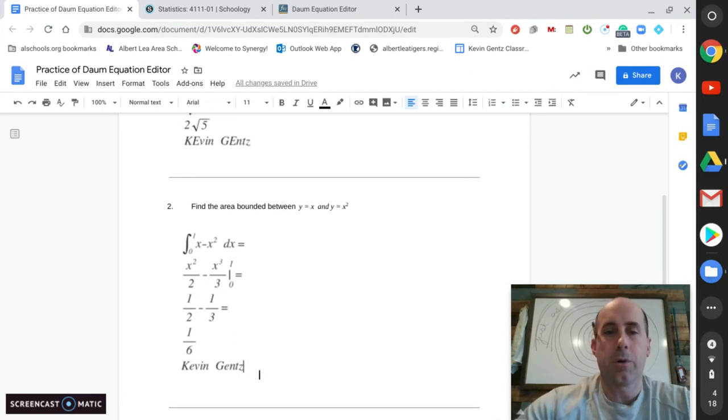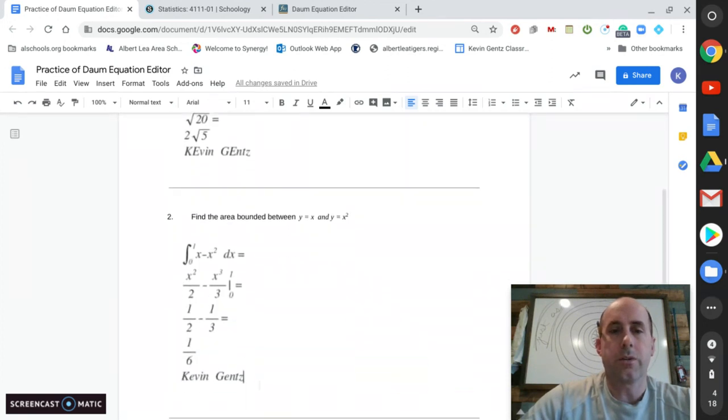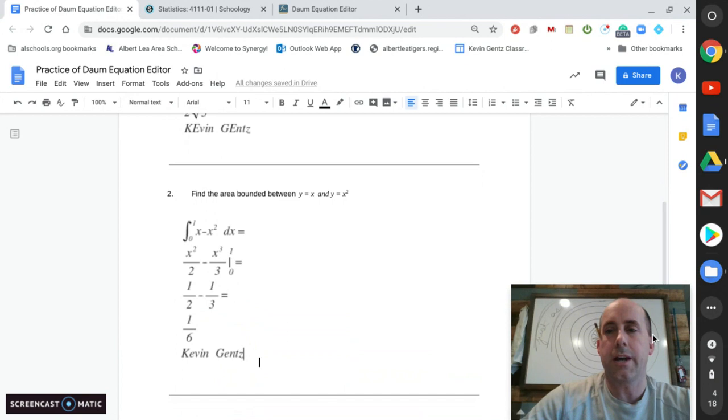And folks, if it's not perfect the way it looks, I understand. This is the best way for me to gather it. Otherwise, trying to take pictures of your camera and make it in PDF and whatnot, I just think that submitting this as a Google Doc with these images is our best option. So there's your little introduction to the equation editor. Hope it works out well for you. I'm confident it